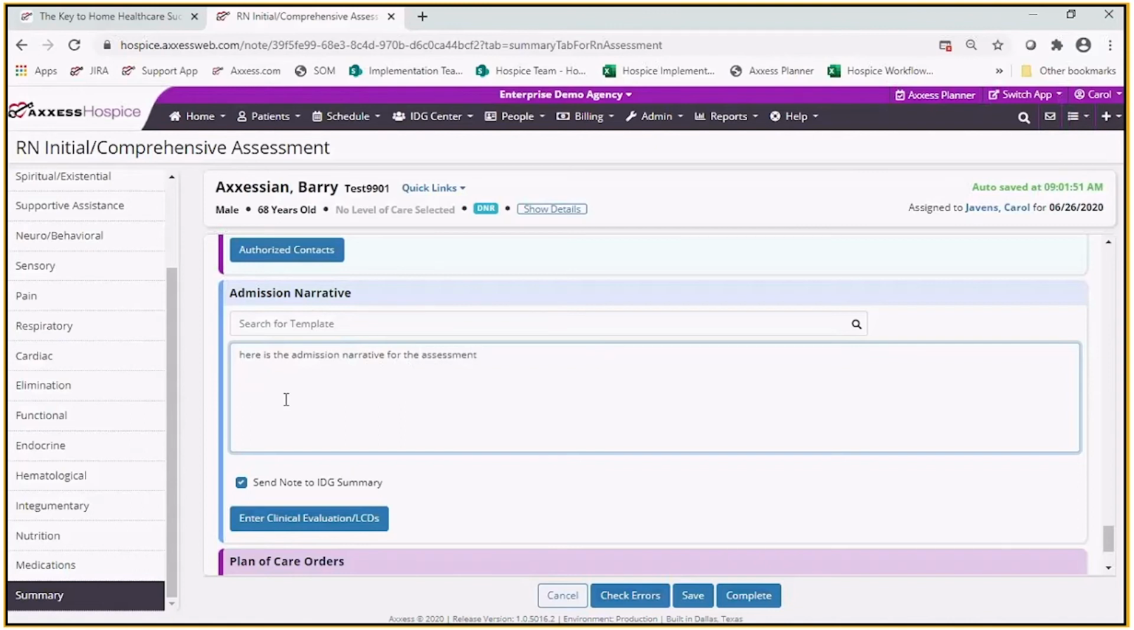The clinical evaluation LCD, I would like to show you our eligibility document. So you may find that your team has put this already on your schedule so that you know to do it, or they may expect that you will click this button and open the LCD document. Now I happen to have put it on this patient's schedule, so I'm going to open the patient schedule using